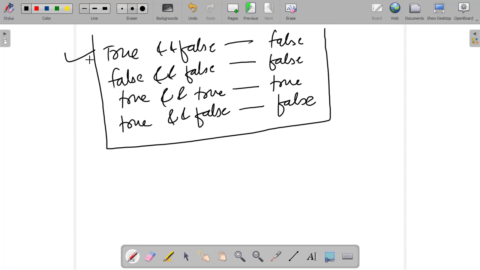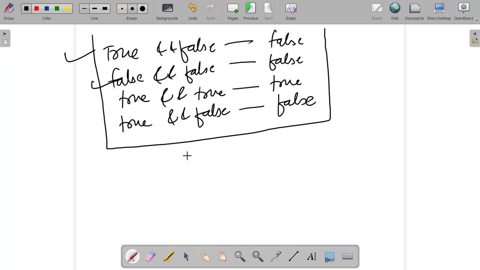In the first case one part is false, so the result will be false. In the second, one part is false, so definitely it will be false. And in the third we can see true and true, so it will be true. True and false, so the result will be false.